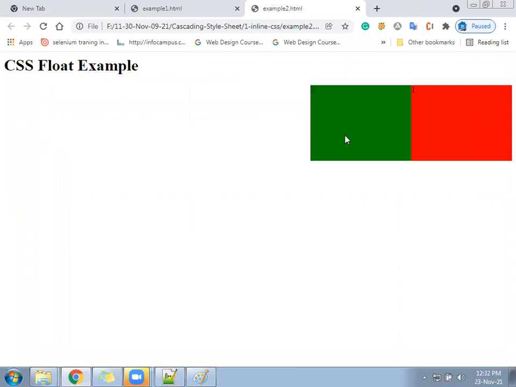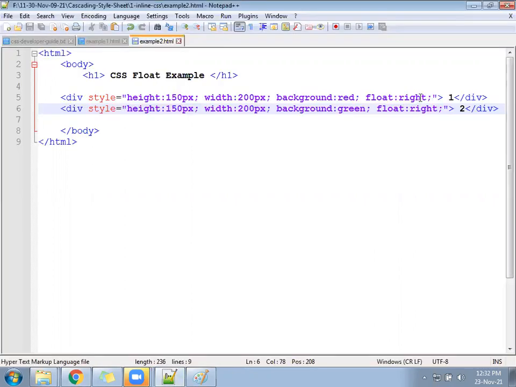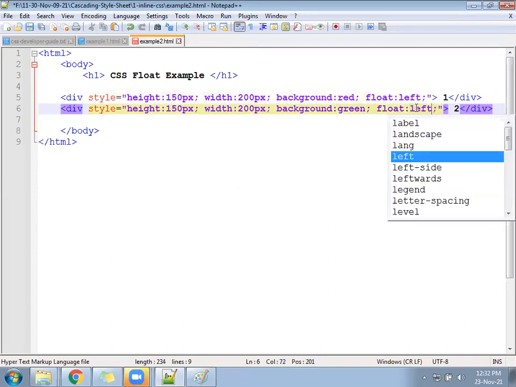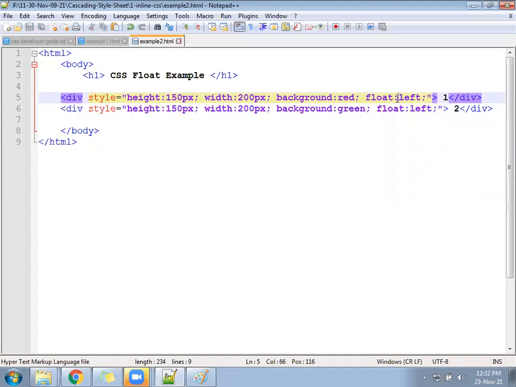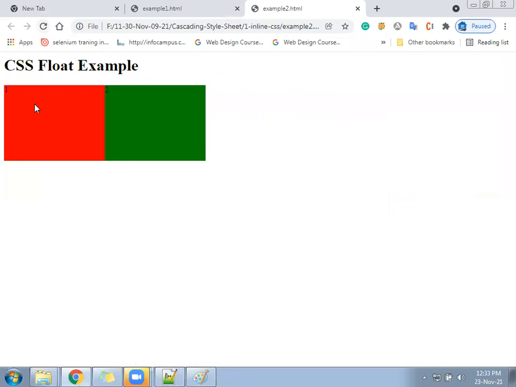RTL, right to left. When we call float as left, now what will happen? 1 will be first only, 2 will be second itself, but it will start from the left side. See, coming from the left side.